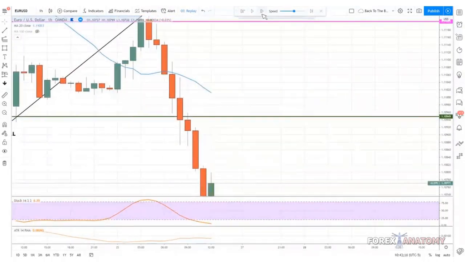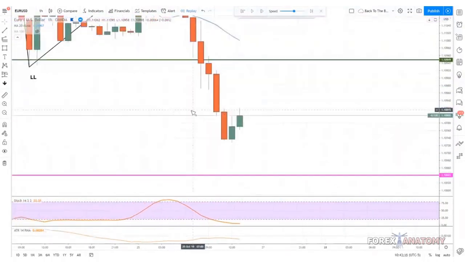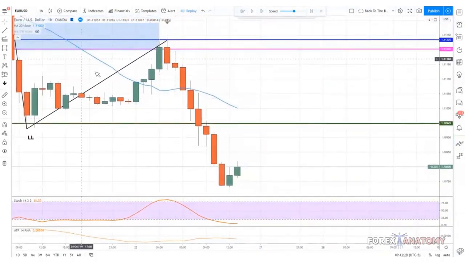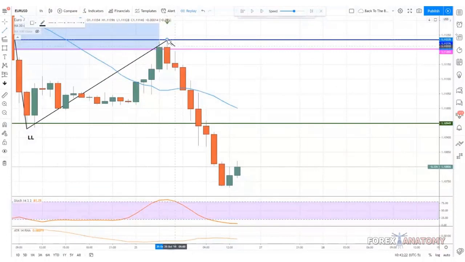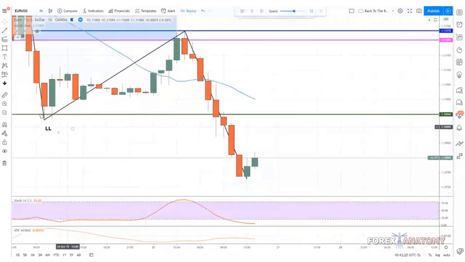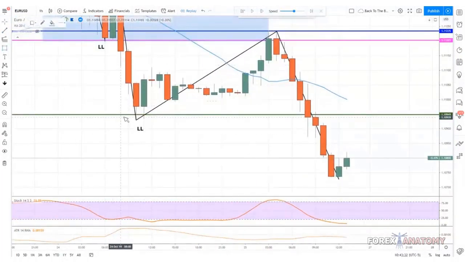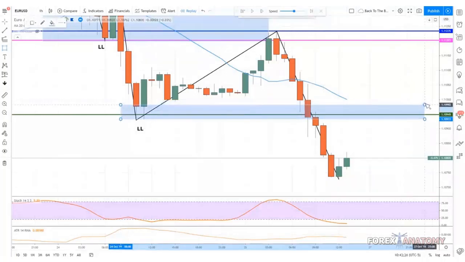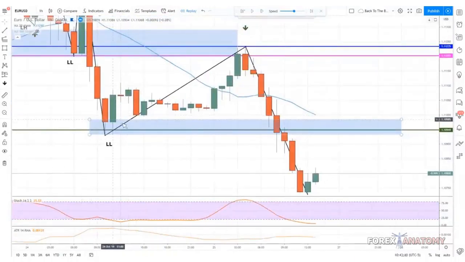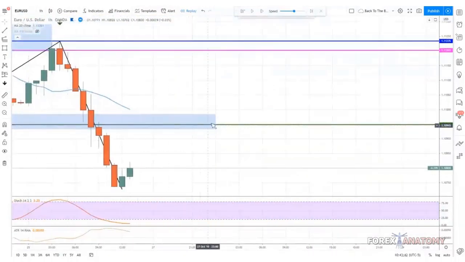Let's just do this again twice. Okay, so now what we want to do is draw in this next leg right here. Right, so price comes in, forms a lower low. We know this is the pullback. So where are we expecting price to pull back to? Right to this section right here. What was once support right here will become resistance. What was once the floor will become the ceiling.